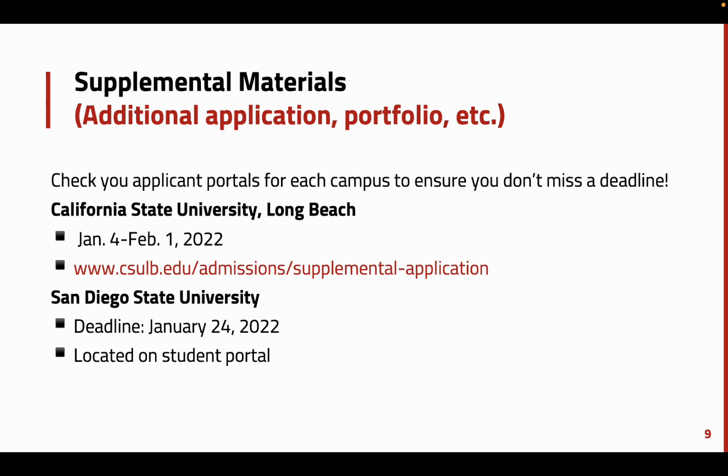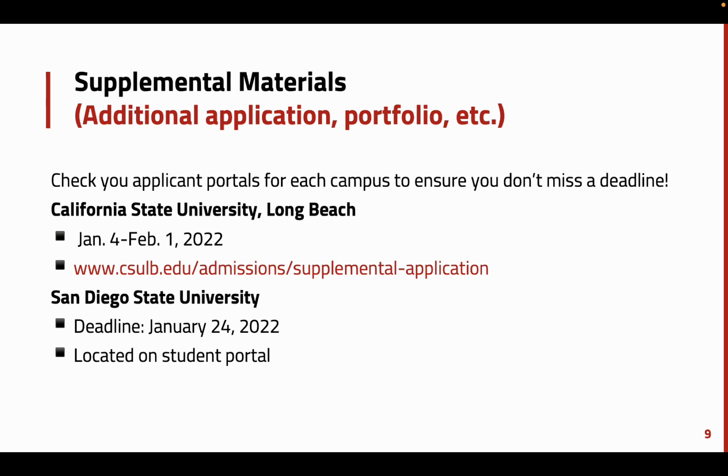The first is Cal State Long Beach. Cal State Long Beach has a supplemental application for all applicants, and it is open from January 4th to February 1st. And the website here is cslb.edu/admissions/supplemental-application, and they will send you an email with a link to this. You can also find it on their admissions website for Cal State Long Beach. It's imperative that you complete this supplemental application by the deadline of February 1st in order to be considered for